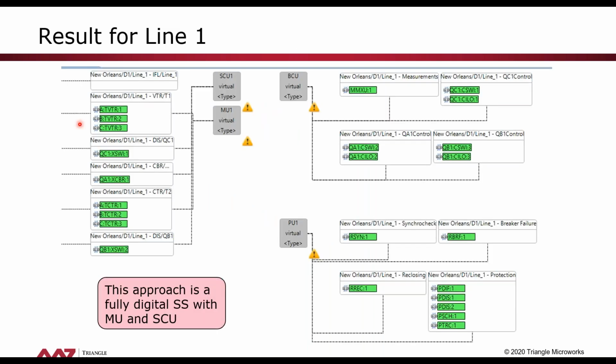The result of our application that I introduced in the beginning for one bay is presented here. We have the bay control unit that implements the measurement function and the control of the 3 switches. We have the switch control unit that implements the interfaces to the 3 switches. So we assume a fully digital substation with merging units and switch control units. We have the merging units implementing the voltage and current transformers. And we have our protection device with all the protection functions, the reclosing function, the synchro check, and the breaker